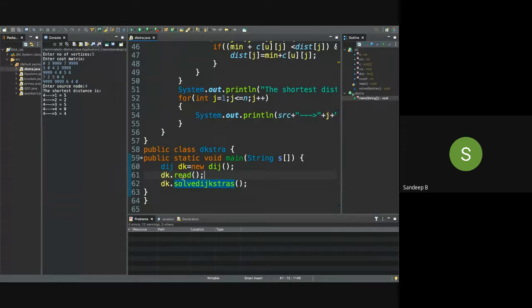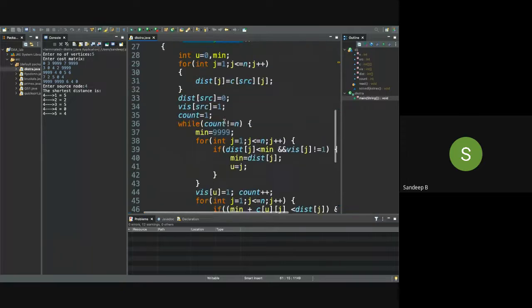So there is no separate display function for this program. In the read function, again we will be reading the value of n. With the value of n, we will be reading a two-dimensional matrix, and we will store it in C. See, almost we are following a similar pattern, so there will be less confusion for you when you are studying the program for the lab exam.